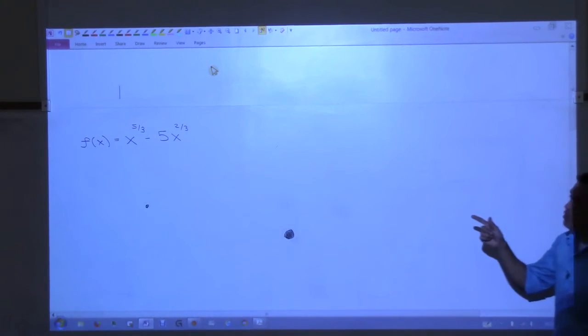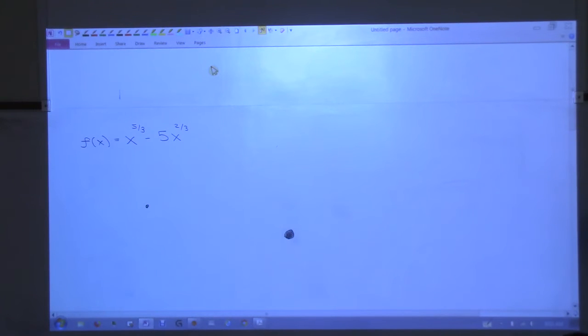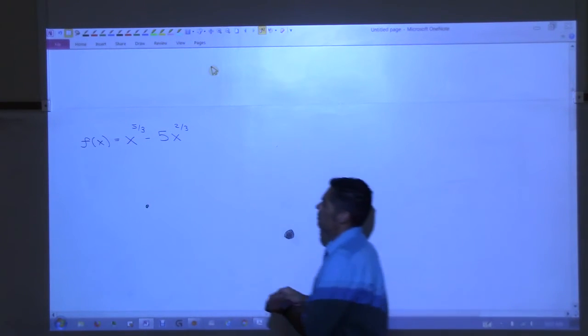Okay, so first derivative. What we're going to do is try and figure out where this function is increasing and decreasing, where it's concave up and concave down. All right, so first derivative,